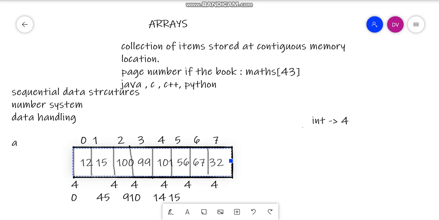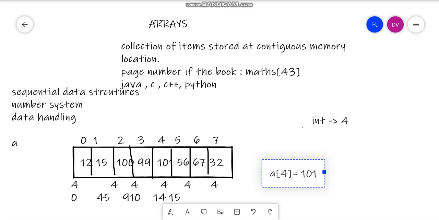If I write the array name as A and I want the element at index number 4, I will get 101, not 99. It will always start from the zero index.